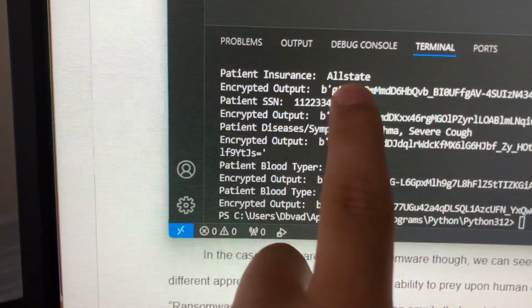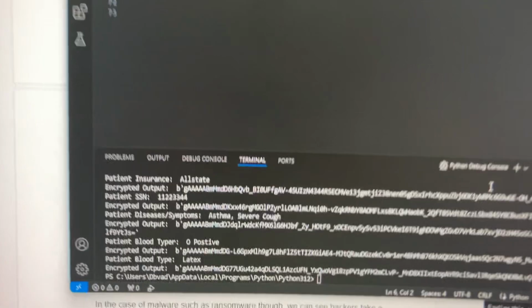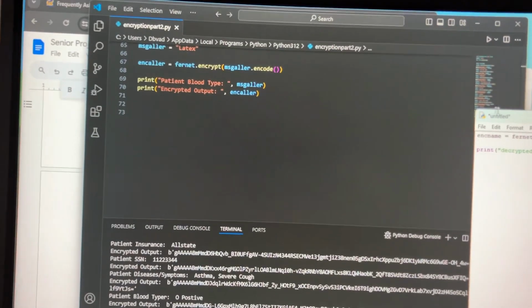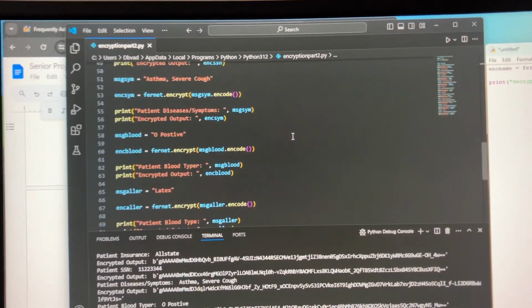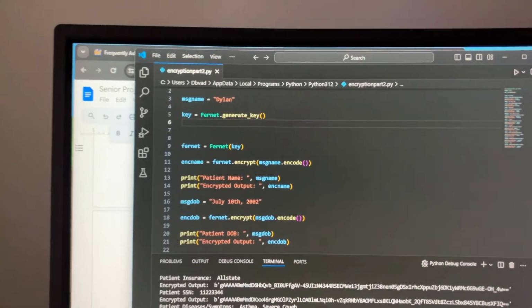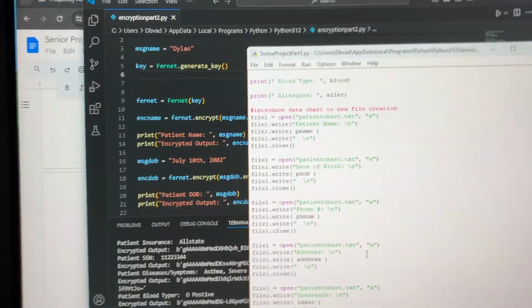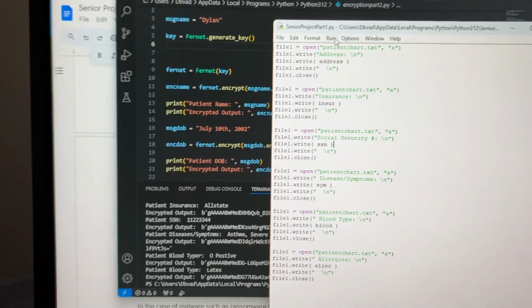So for example, for Allstate, for the insurance company, it would take all this line of code and put it back into Allstate. So that's the point of my project, kind of, in the sense that my coding isn't top tier, but I just want you to get the idea of what I wanted to happen in terms of having the input data from the patient chart and taking all this data once run